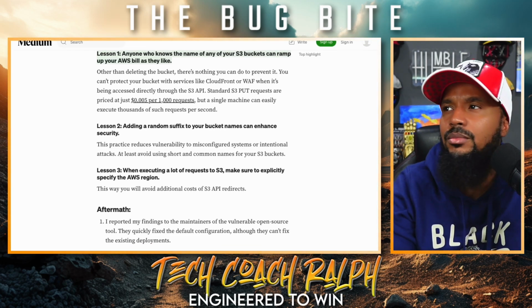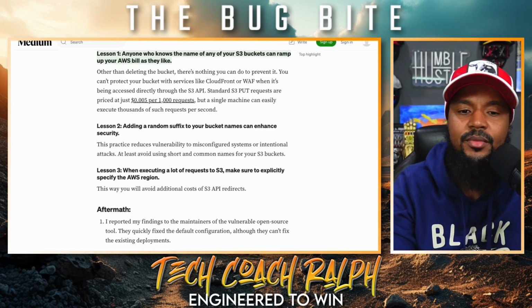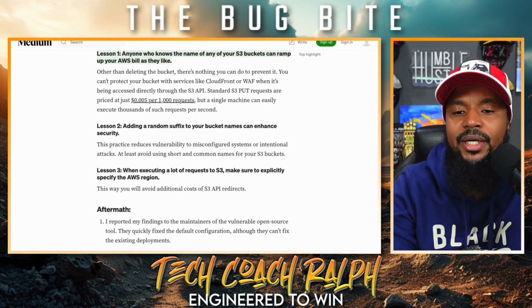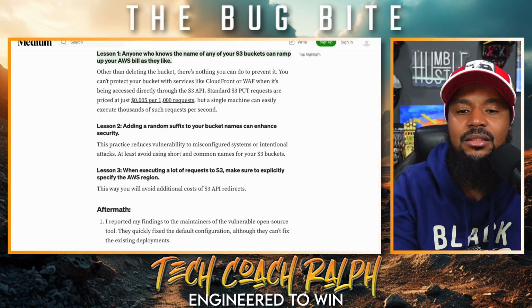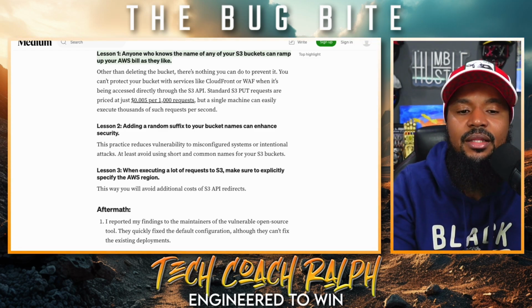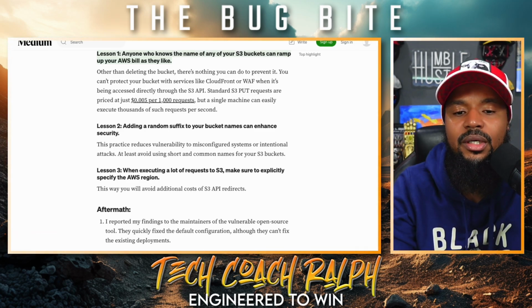So lesson 2: adding a random suffix to your bucket name can enhance security. Okay, makes sense. You gotta add something that's gonna make it stand out, be very, very unique. This practice reduces vulnerability to misconfigured systems or intentional attacks, at least avoiding using short and common names for your